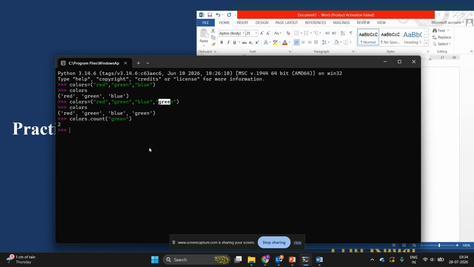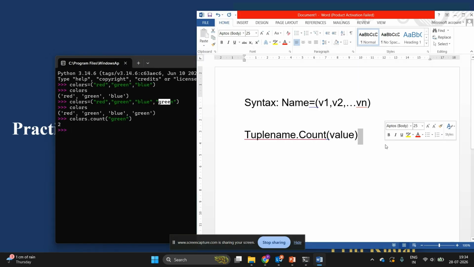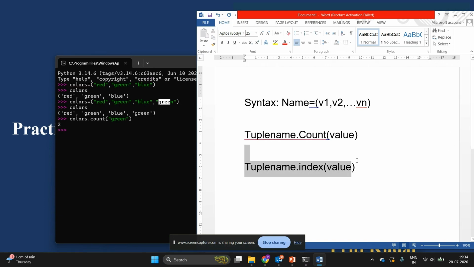Now if I want to find out the index position of a given item or value in the tuple, we have the next method, index. For that we mention the tuple name dot index and the value whose index we want to return.